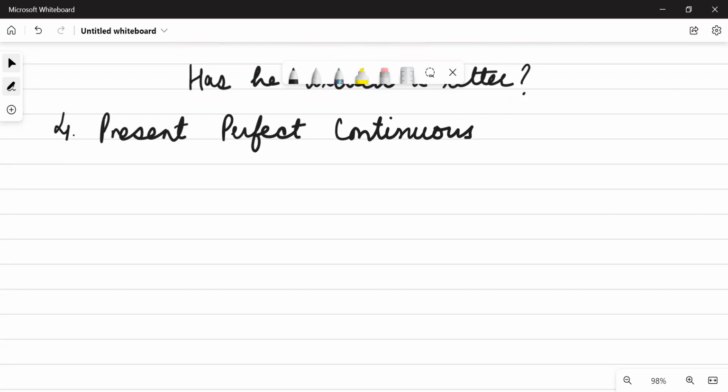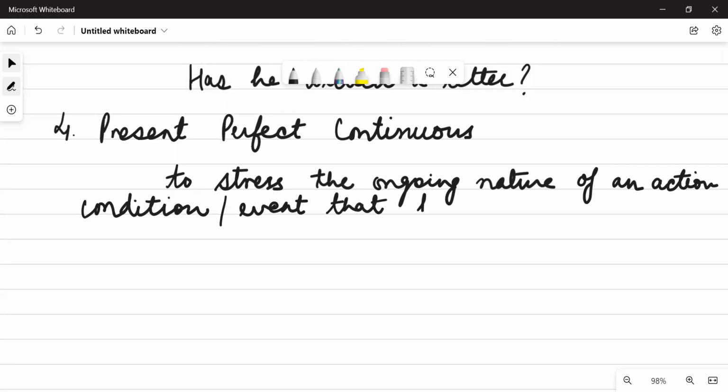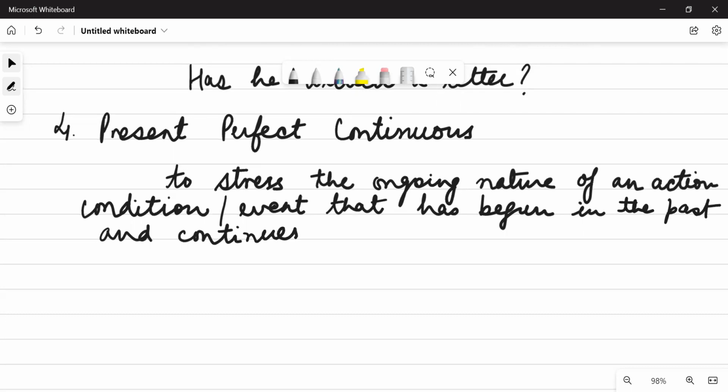Now please understand, present perfect continuous is used to stress the ongoing nature of an action. ओके, किसी एक्शन का ऑन गोइंग नेचर है. लाइक फॉर एग्जाम्पल, a condition or event that has begun in the past and continues into the present,